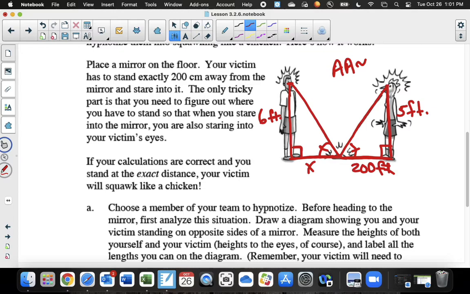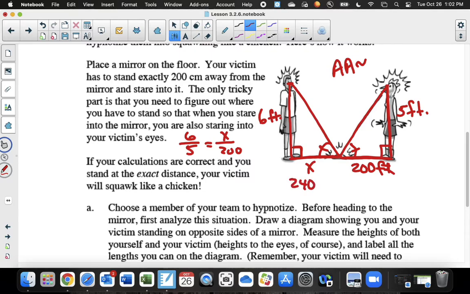Okay, if we take a look, listen up, please. You got a couple ways to do this, but if you heard what Tier said, because we already know these are similar, he set up his ratios. You know the side lengths then have to be in the same ratio. So he took 6/5. Those are the corresponding sides. These are just reflections of each other, but a little bit different size. And therefore, x/200. And now if you solve the proportion, cross multiply, divide, you do get